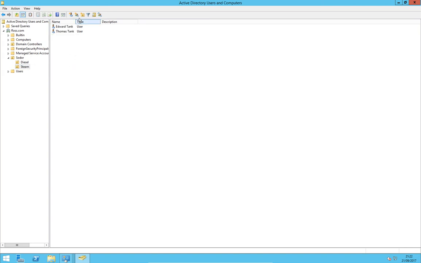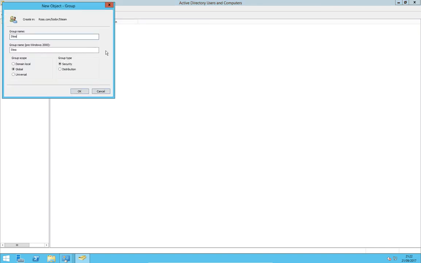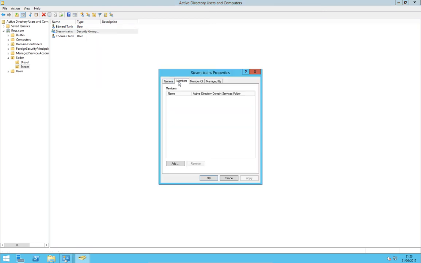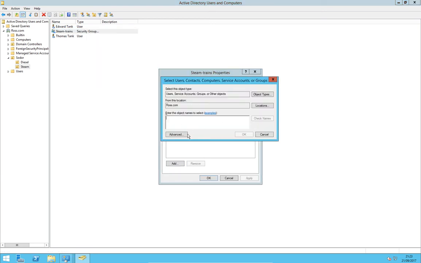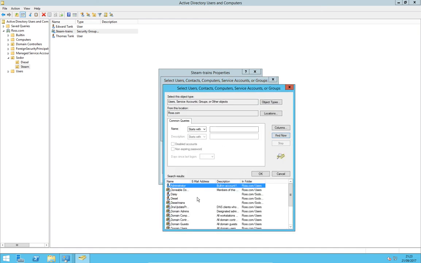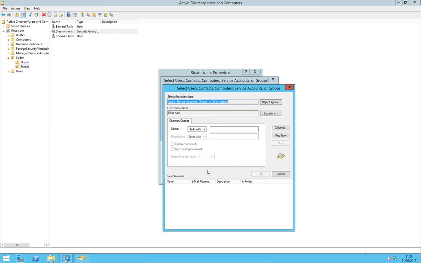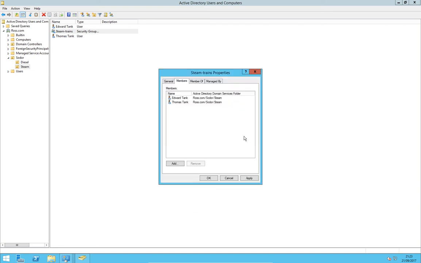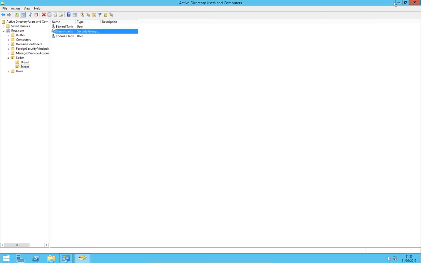You can do the same for Steam. Make a group, Steam Trains, bring up the properties, add some members. We'll have Edward and Thomas. We'll add them in, and that's them in groups. So we can close that,